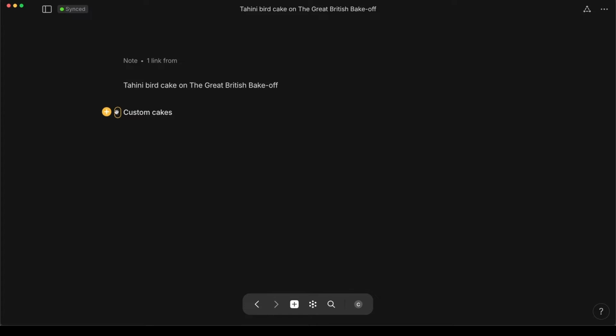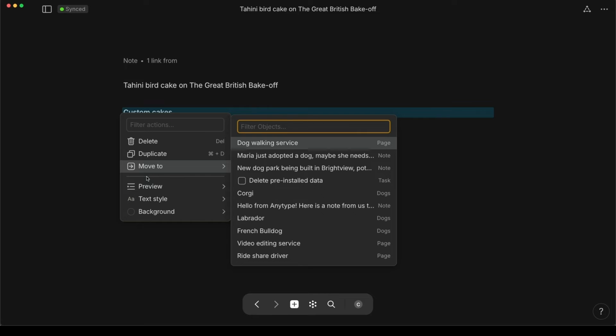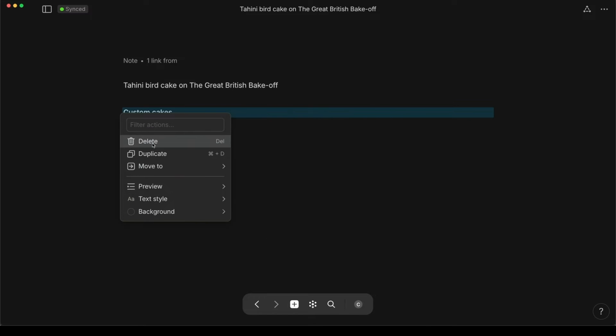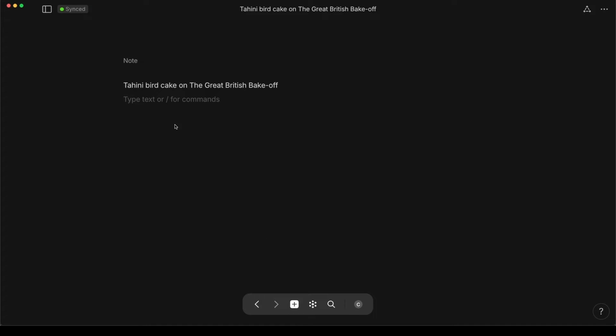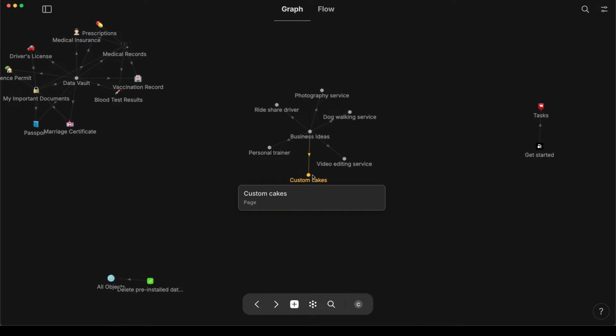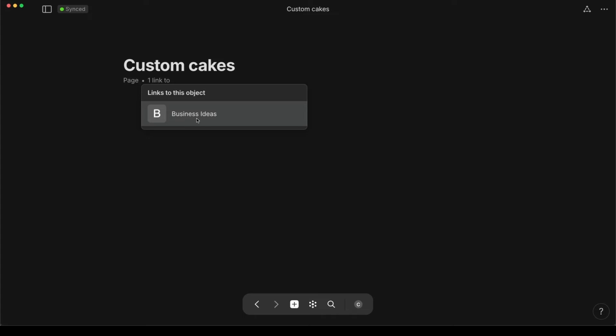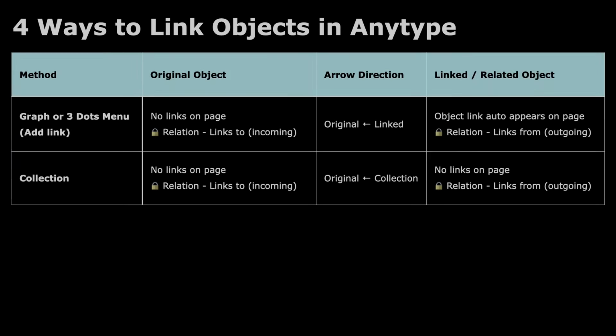So I'm going to click just to the left of the text where you see this yellow 3 dots. And here you can just delete this, okay? So now that I've deleted it, let's go back a little bit. I'm going to go to custom cakes, and we can see that that tahini bird cake note is no longer linked, right? So now it's only linked to business ideas,